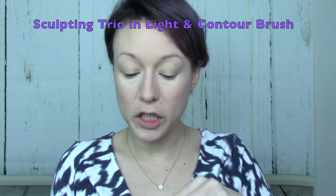Now I'm gonna use the Sculpting Trio in Light and the contour brush, and I'm just gonna go into the contour shade. And since I'm doing a pretty full coverage look, I took a lot of the dimension out of my face, so I wanna give myself some cheekbones. And then I wanna do this on the perimeter of my forehead and maybe knock some stuff over in the process. And I draw a line. And lately I've actually been doing a little bit of nose contour. So just